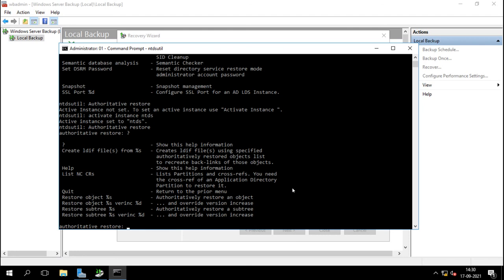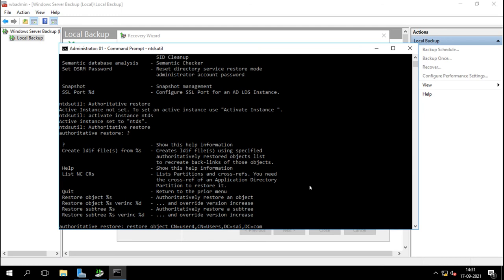So I will say restore object, and we will give the whole distinguished name for that user: the user 4, which is under the Users container, then DC equals the domain name, and DC equals com.